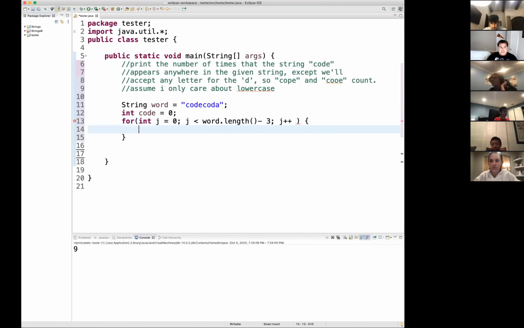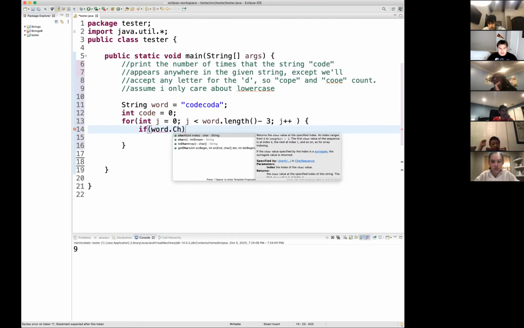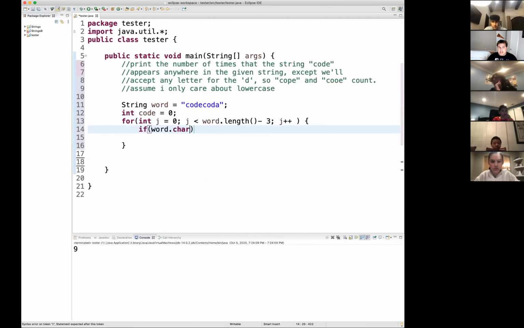Okay. So now, what is the next thing that I need? I need an if statement. Now this if statement is going to be long. Okay. So I'm going to say if word, now in this one, we don't use substring. Using substring would just be way too long. In this instance, you would want to use char at. Okay. If word dot char at j is equal to